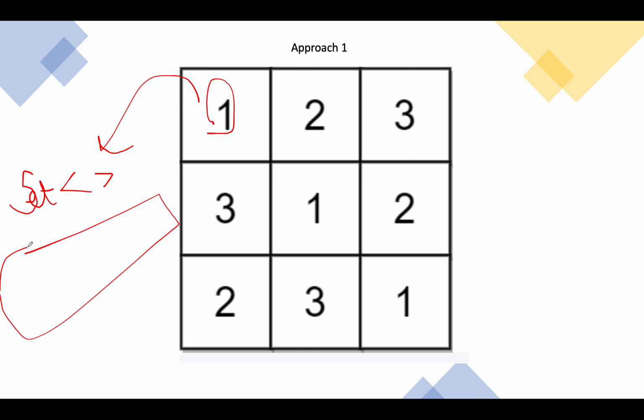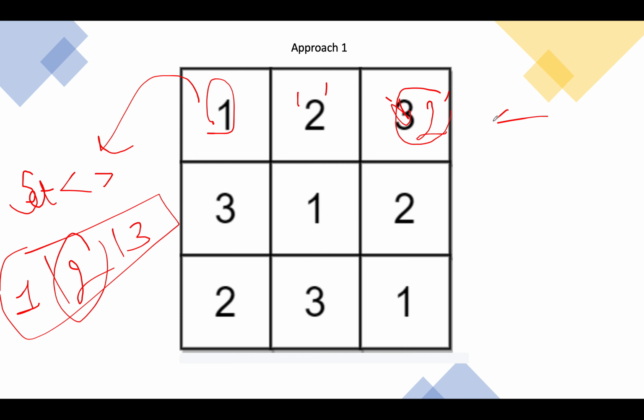So let's walk through a very simple case. We have 1, it is not part of the set, we'll add it. We see 2 is not part of the set, we'll add it. Then we see 3 is not part of the set, we'll add it. Had there been a case where we have seen 2 here again, then before adding 2 again to the set, we would have checked whether 2 is present in the set, it would have been present and we would have aborted the process. Similarly, we will iterate it across all the rows that are present in the matrix, and then we'll iterate it across all the columns that are present in the matrix.